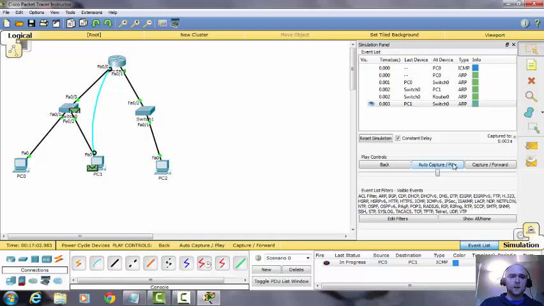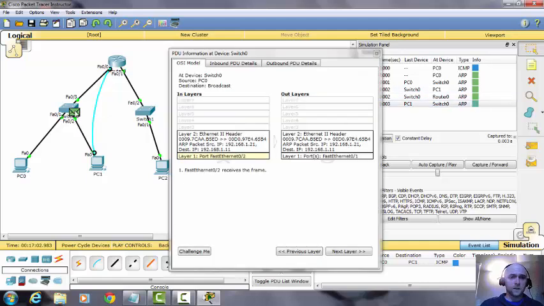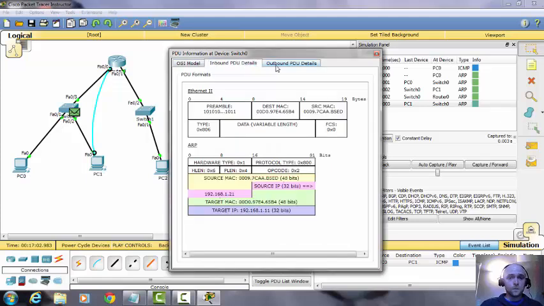And so we could now pause here and click on the packet. I can click on it here, or I could also click on it here. I'm going to show you this. It's nice to be able to click on the information as it's in process. We're sending from the source to, notice, the destination MAC address. We're sending from our IP to the destination IP. And if I click in, let me go to outbound, sorry, same thing here, doesn't matter, it's just going through a switch. Notice we have those fields, but notice our information is listed in the target MAC. Now it's also listed here in the source MAC,